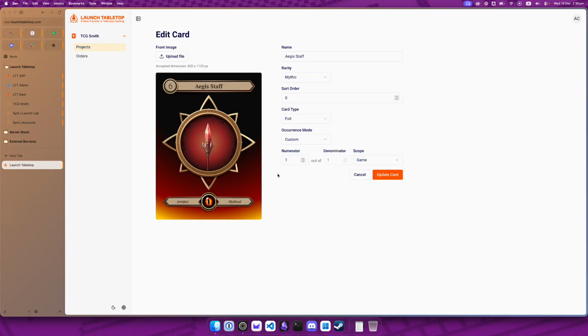So what this actually means is this card will show up exactly once for the entire history of this project. Meaning that once this card has been simulated and printed out, it will never be printed again. And that is quite useful if you have very specific design goals, like designer signature cards that you want to seed into your game. And once those artist signature cards have been printed, and maybe there are only ever